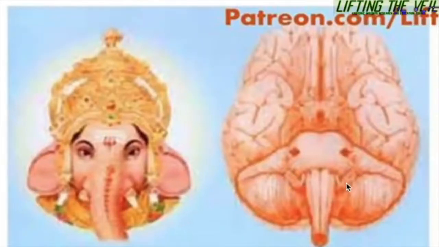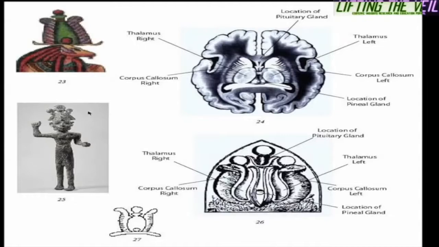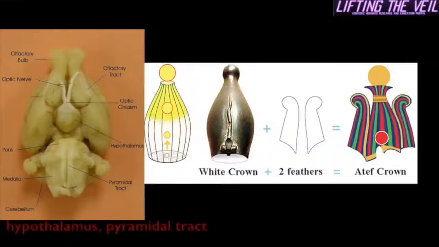And again, the tusks, this is right where the vagus nerves attach to the base of the brainstem, attached to the basal ganglia. This image here is the correspondence of the Egyptian Atef crown, which was typically worn by Osiris, which likely represents the lotus blossom, the conical shape of the head, the conical shape of the lotus blossom, which the Atef crown worn by Osiris typically depicted the Ordeos serpent located directly on the third eye, and was flanked